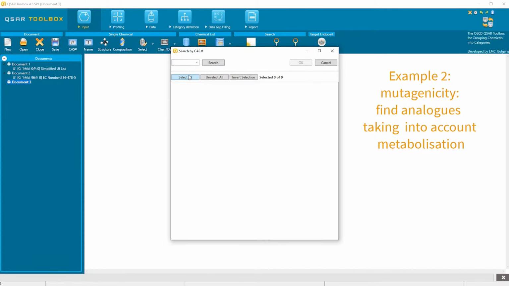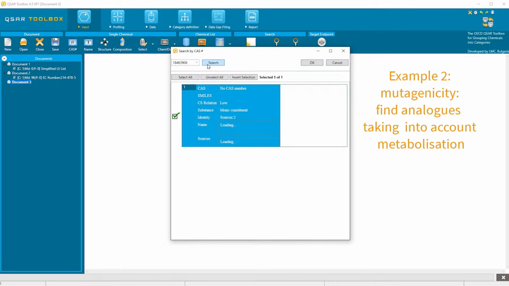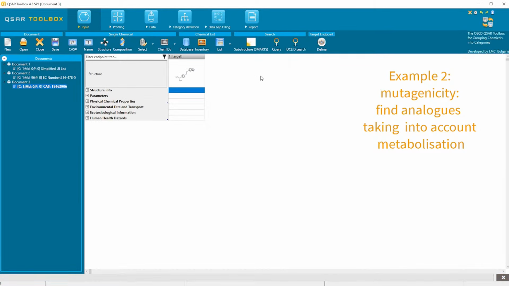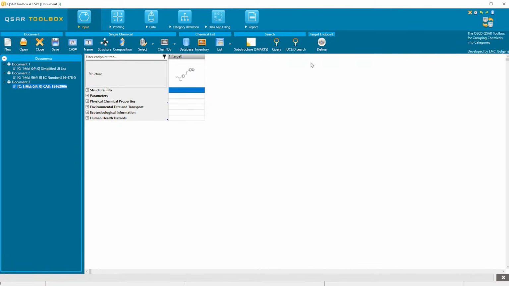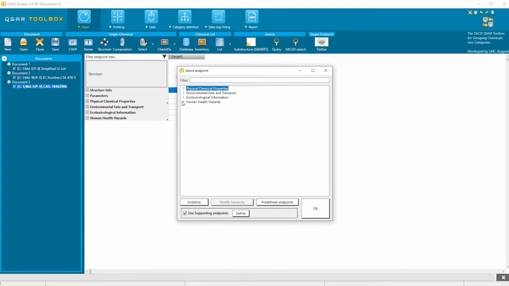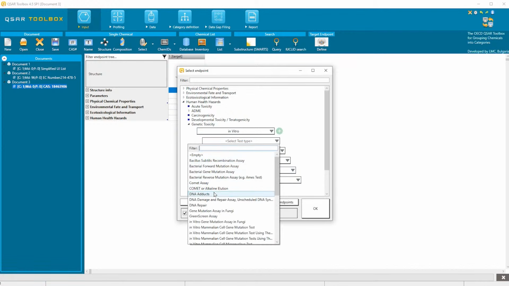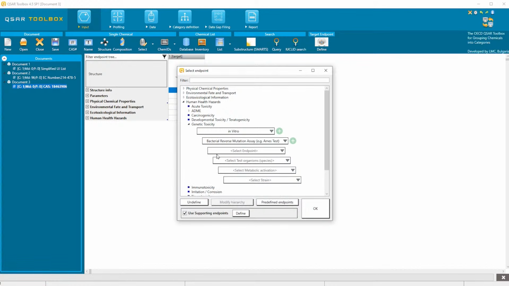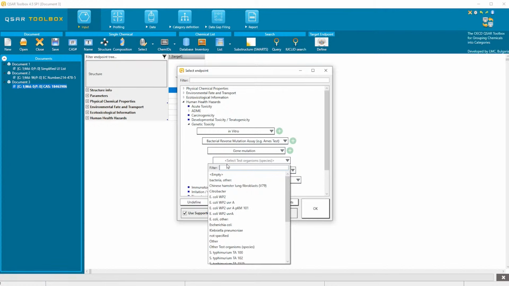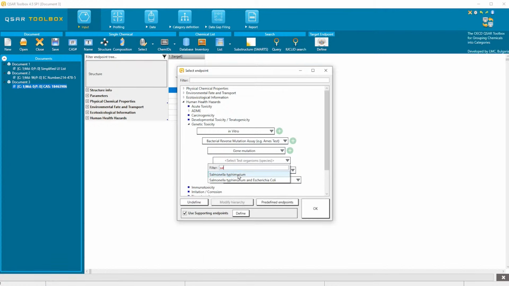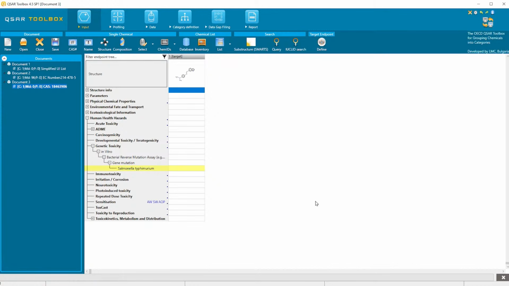I enter the substance with the CAS 18463-90-6. The first thing that you may want to do is to define the endpoint. So I choose here human health hazards, genetic toxicity, in vitro, then bacterial reverse mutation assay, gene mutation, and as a test organism I select Salmonella. Okay. Now you see here highlighted in yellow the defined endpoint, and this will help me now also to choose